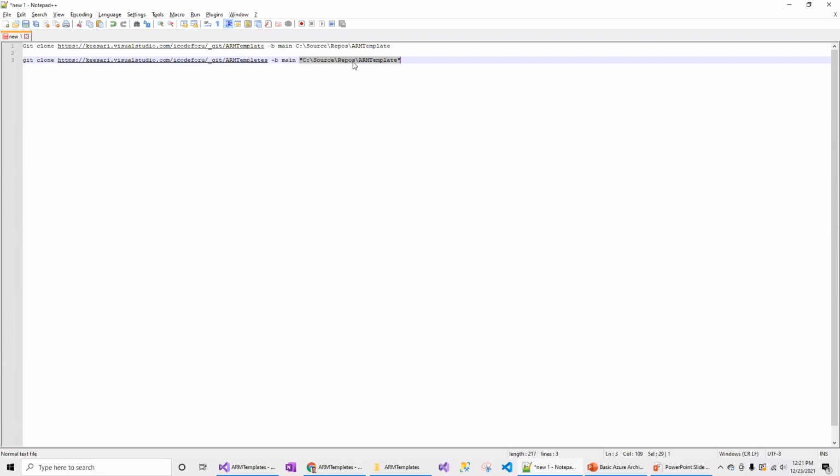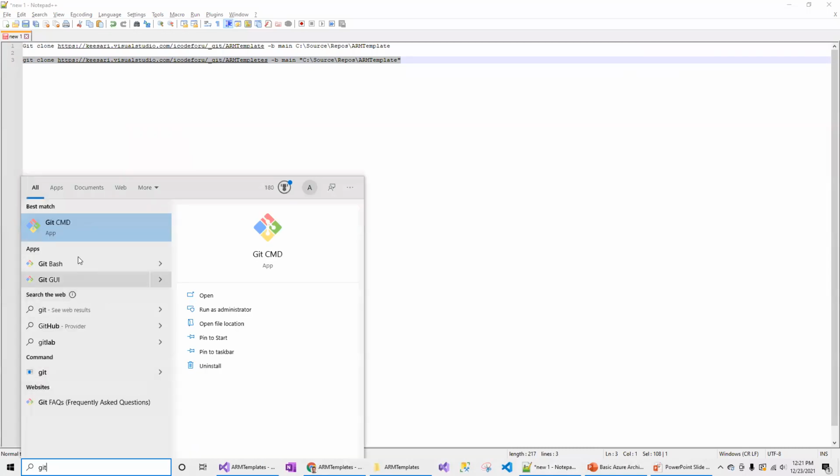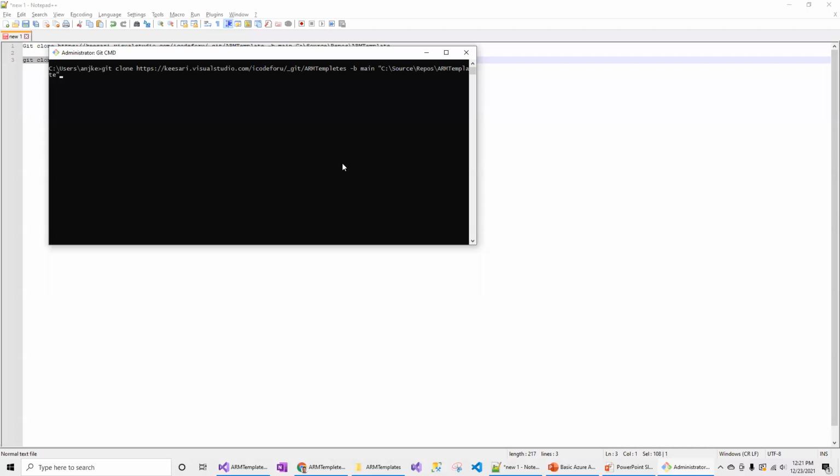If you have spaces, to avoid those issues you can keep the path in double quotes and say clone this. There are different ways to clone from Azure DevOps, but this is how I do it. Git cmd open and then run this.